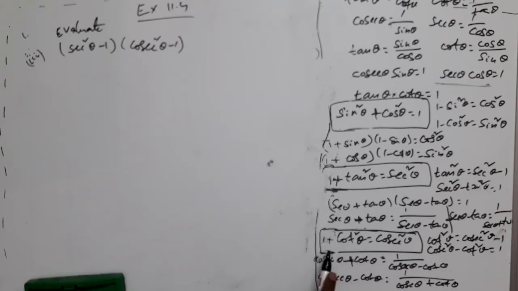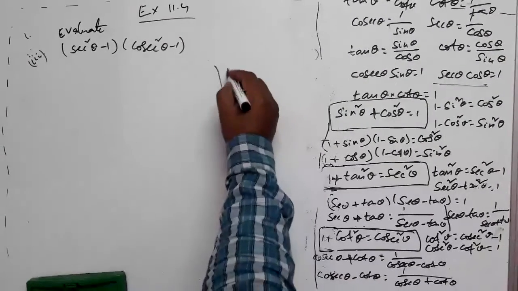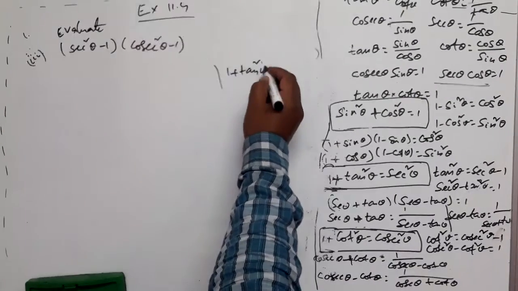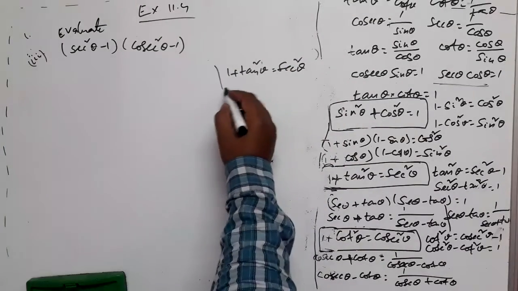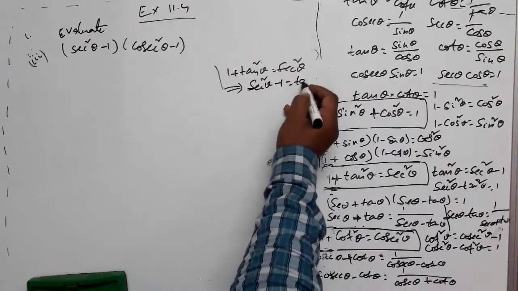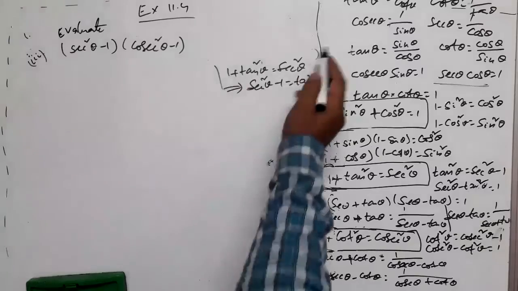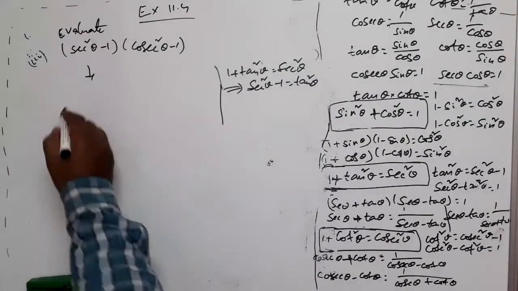In the same way, 1 plus cot square theta can be written as cosecant square theta from the third identity. So if I have cosecant square theta minus 1, I can have cot square theta in that place, right? Yes, simply that. So we know 1 plus tan square theta is secant square theta, second identity. From this, secant square theta minus 1 can be written as tan square theta, right? Simply 1 transposed. So in this place, I will write tan square theta